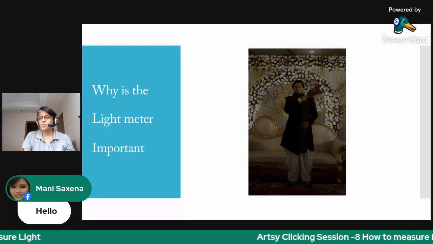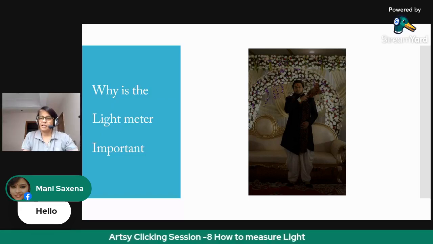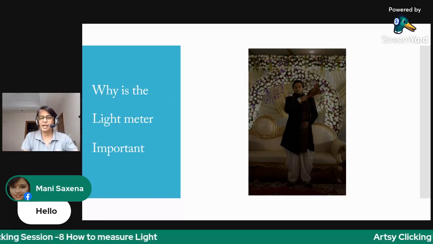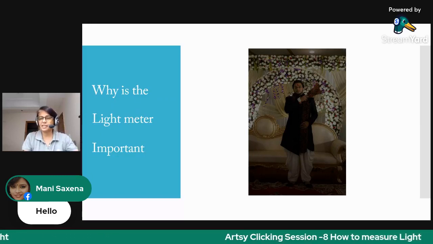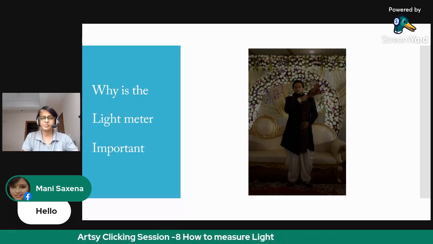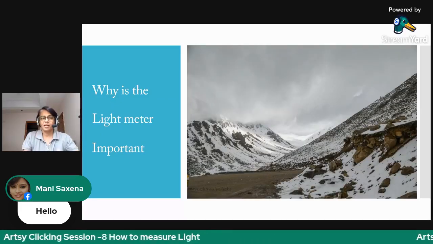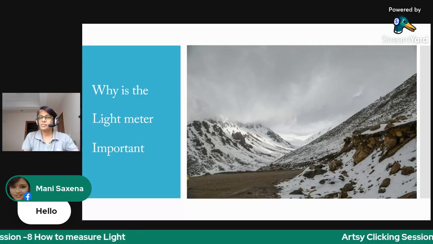Our aim should be to utilize post production for creative effects and not lose time on editing, instead using that time to choose settings while shooting. So why is light meter important?